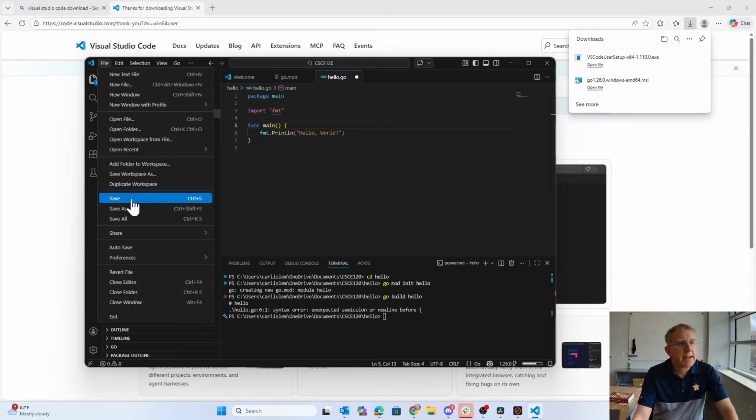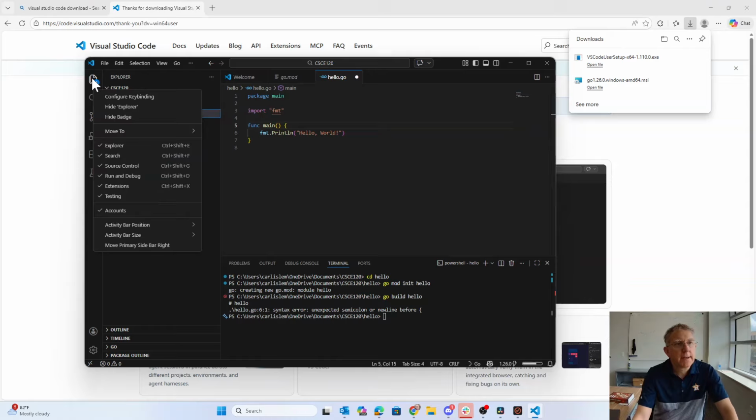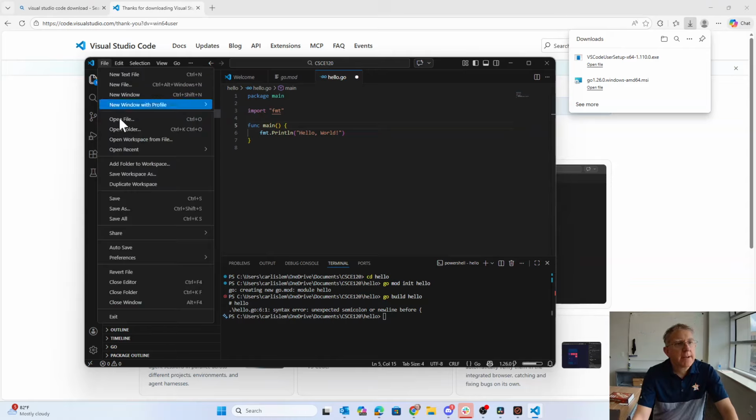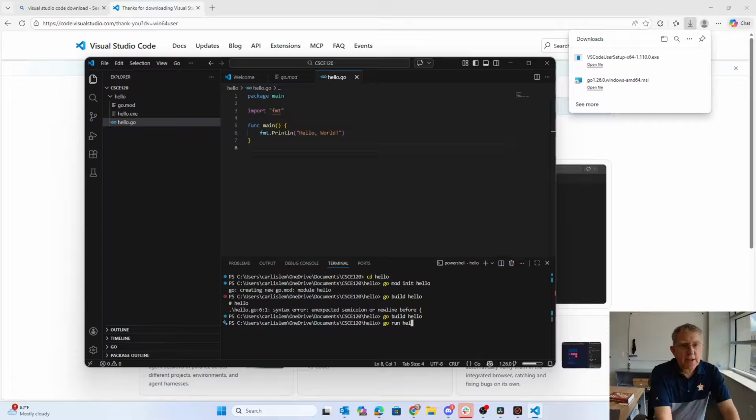So I'll save that again. You'll see our icon here lets me know whether I need to save or not. So let's see that one. And then we can come up here, we can hit save, or we could hit Control S. That would save it. Then we come down here and we go build hello. If they go run hello,